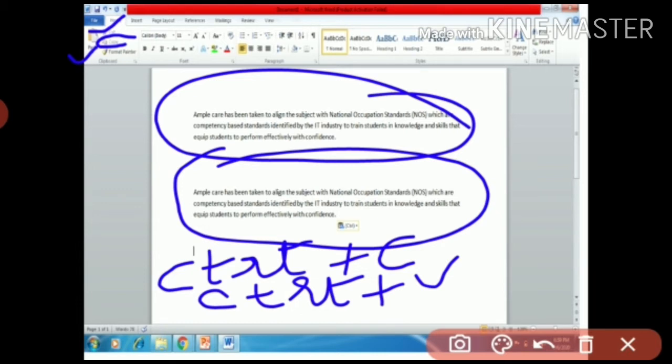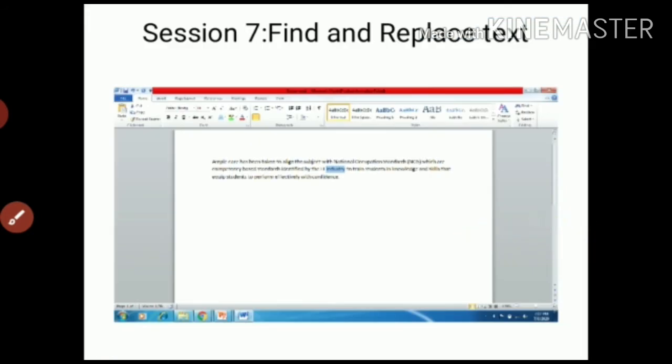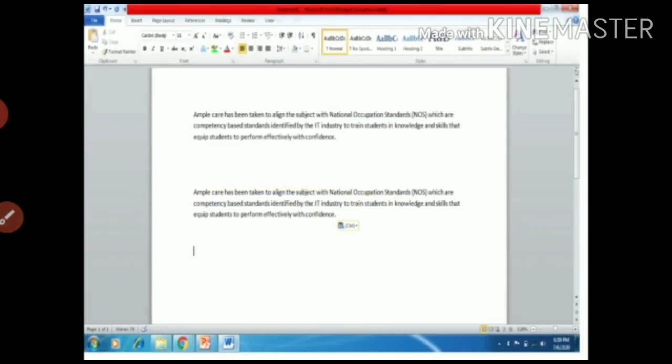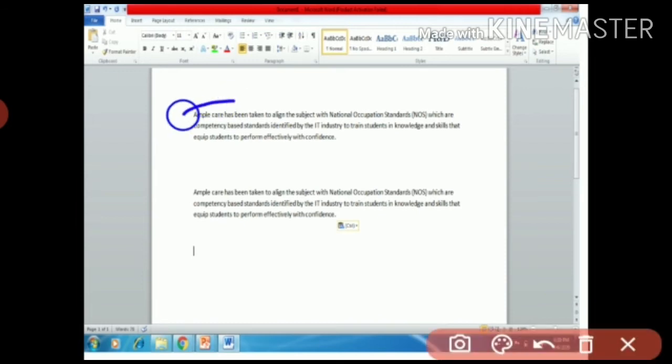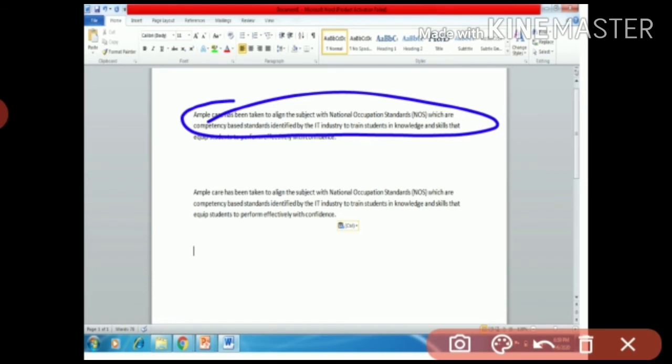Now for the cut option, the cut option is just similar to your copy paste option, but the only difference is in the cut, whatever area we select from here will disappear from that particular position, and where you want to paste it, it will only appear there. Suppose you select this paragraph, and you want to paste it at the bottom side. So after selecting this area, here we are having the cut option, or you can press CTRL, that is control plus X key.